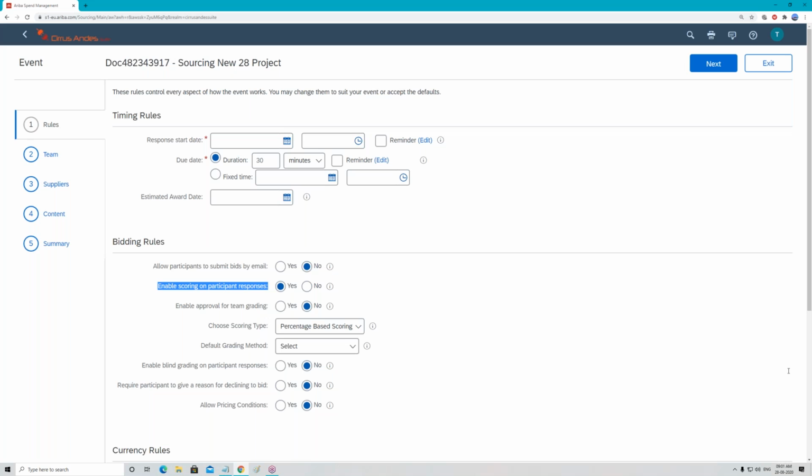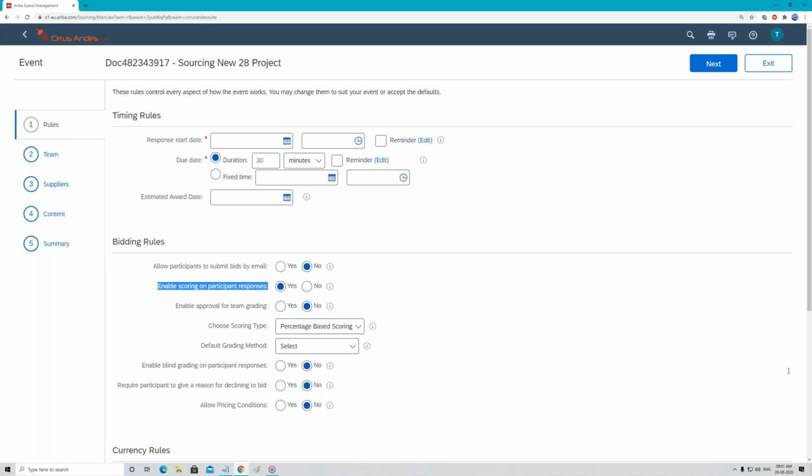Now some of you will say, Manoj, no, I want to give this option to the end user. What are the repercussions there? Let's talk about it. Let's say Dipali is an end user. Dipali has created 4 sourcing projects, and in the last sourcing project she has given the option as no.